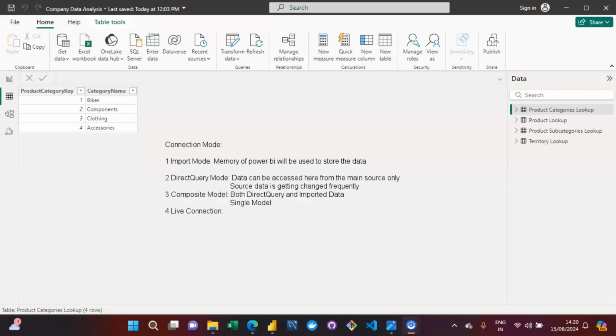So in this live connection mode, you can have the information that is there in a main source itself, and then multiple Power BI developers can work here, right? If you have a team wherein there are multiple Power BI developers, where one developer is involved in creating the visualizations, and the second developer is involved in creating the data models, then you can go forward with this live connection mode, wherein from the main source itself, both of